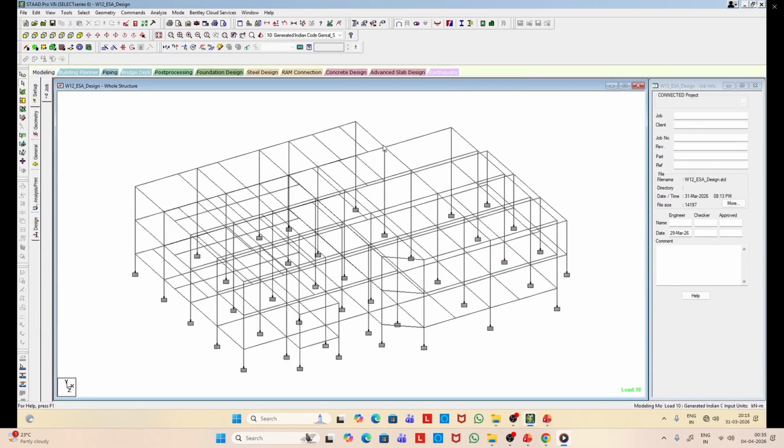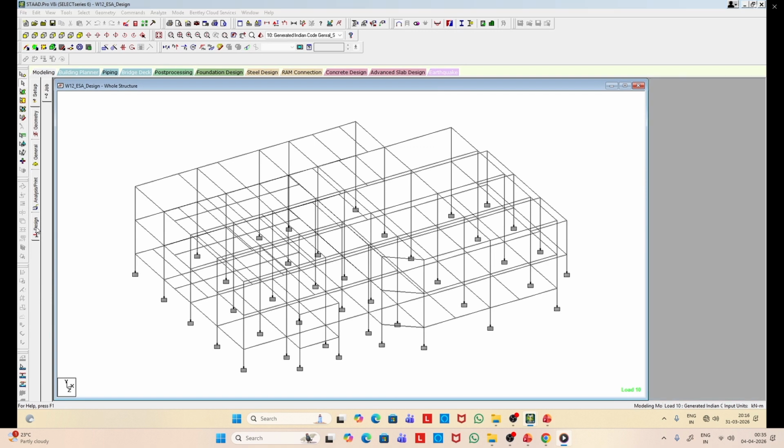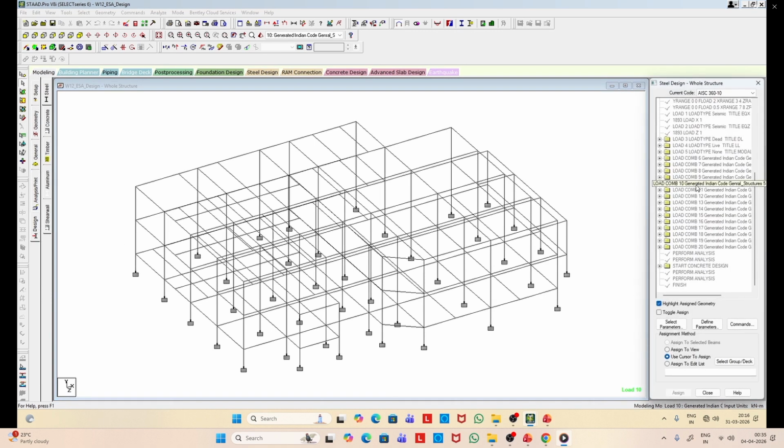So once that is done, now we have to design. Here you can see all different load combinations are there. So the moment you select any element, we can identify the number and cross verify the response corresponding to each and every load case.